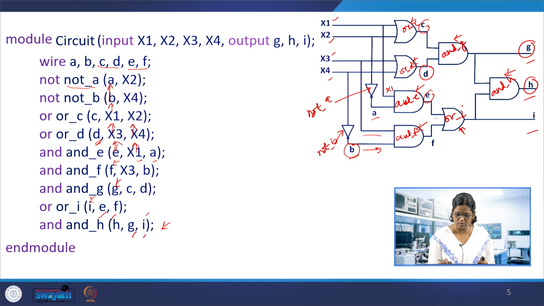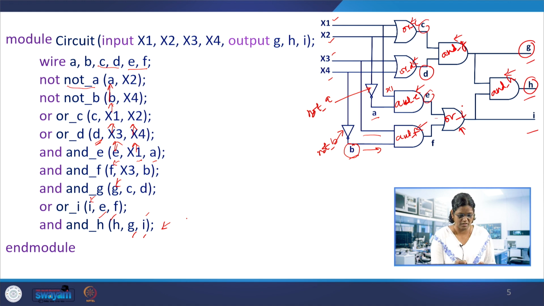Suppose the last statement in the concurrent statements is executing, and you need a value that keeps changing the signal, and that output, suppose H here, is required for the first statement. So that H needs to be computed and then substituted in the first statement. The simulator does this job. The last statement's value is computed first and then substituted in the first statement. So that was the concurrency of Verilog. These are concurrent statements, and the order in which the statements are written does not matter.